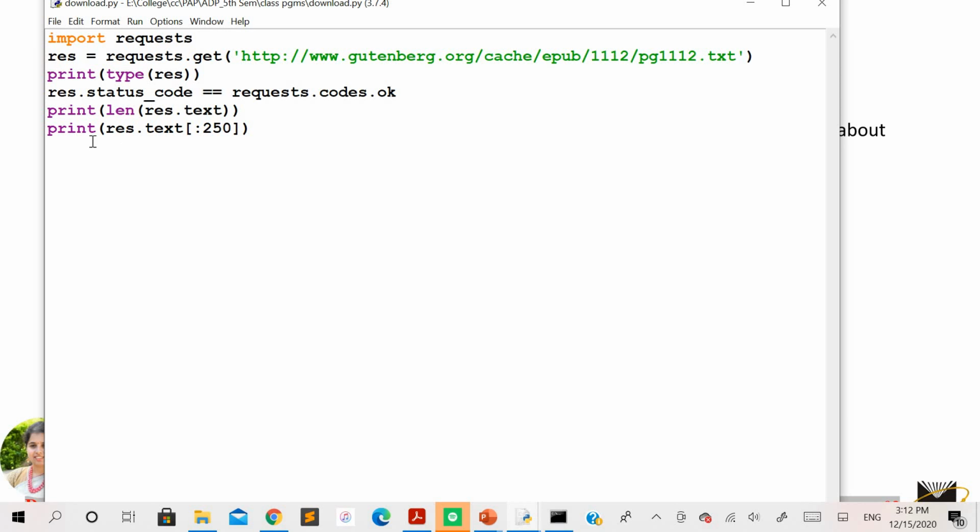Right. If your file is too large, so that the contents cannot be entirely displayed on the console, then instead of retrieving all the contents, you can retrieve just as many characters as you want. In this case, I want to retrieve the characters from 0 to 249. That's why I have used the slice that says to start extracting from the 0th index value till the 250 index value. Okay, so let me run this function here.